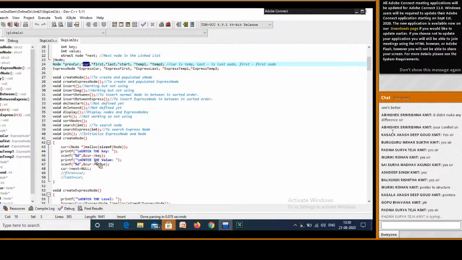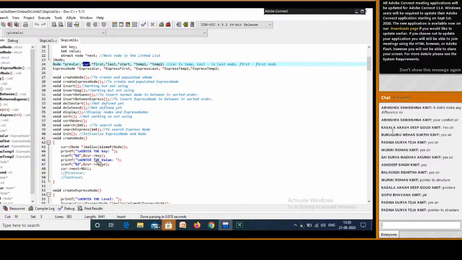Yeah, why am I using an arrow operator here? To access this key. Pointer to structure. Good. So if you have created a pointer to a structure, to access the element of that structure, we are using the arrow operator. Great. So cur arrow key, again I'm prompting to enter the value, and cur arrow value